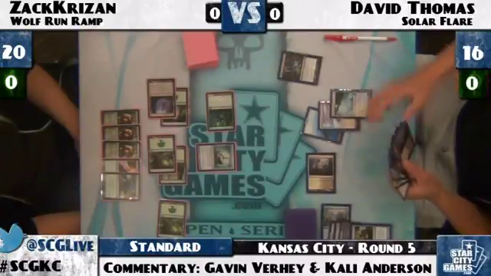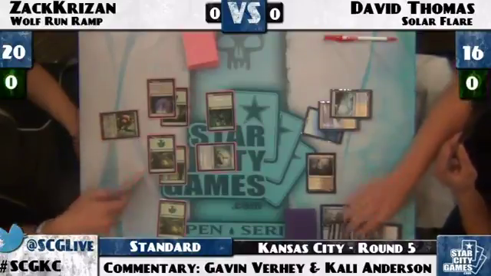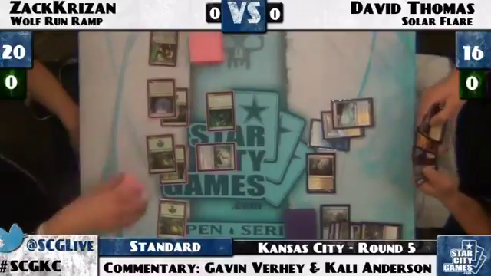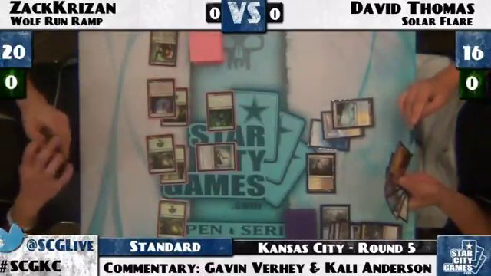Oh, that's an Isolated Chapel in his hand. Oh, okay, that's an Isolated Chapel, sure. Okay. Although I still think he has to Wrath because he can't really afford to minus, and everything will... Well, the Isolated Chapel's going to come in tapped. Yeah. Oh, maybe he's just going to play it tapped? I don't know if I like that. I think...